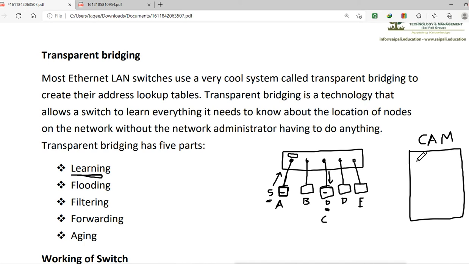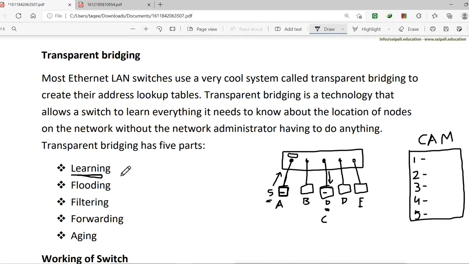So in the CAM table there is port information like this is port 1, this is port 2, port 3, port 4 and port 5. Now this port table is empty until it fills with the MAC addresses. So this first part, the learning part, is to learn the MAC addresses and create the CAM table.